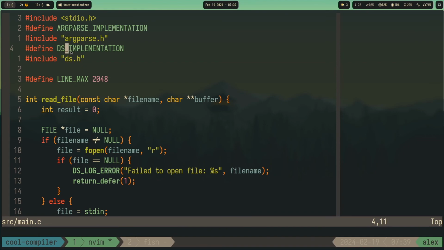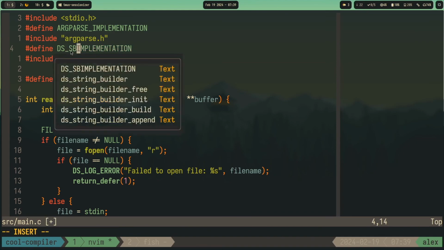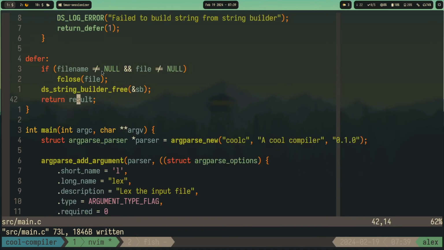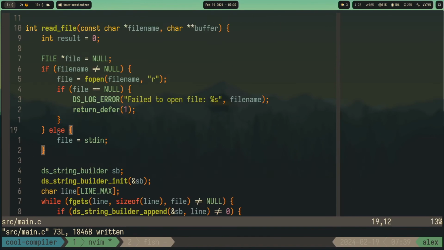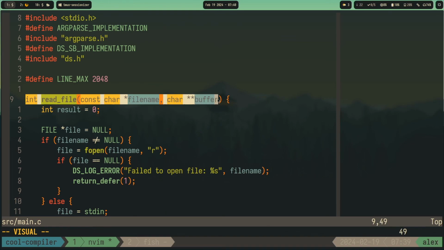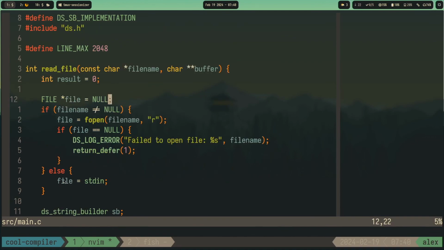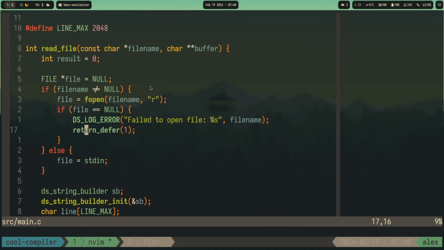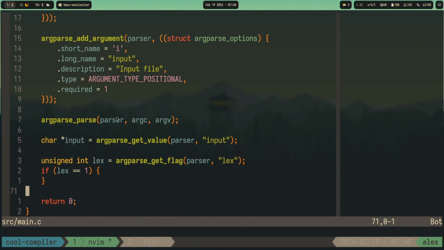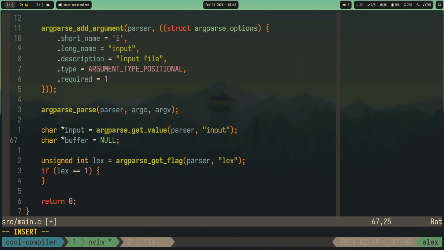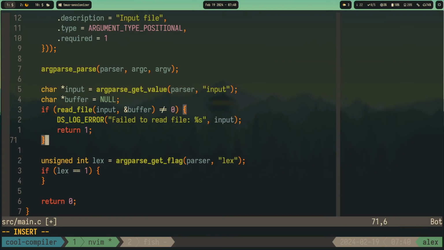I mean, we can put like SB because we need a string builder. But yeah, basically this reads a file into the buffer. And if you don't provide a file, it reads from standard input, but we are not gonna need that functionality. So let's do char pointer buffer, and then